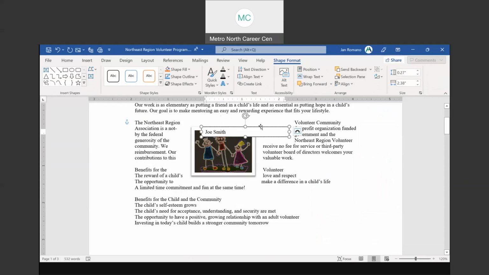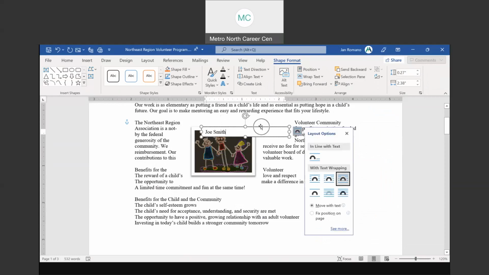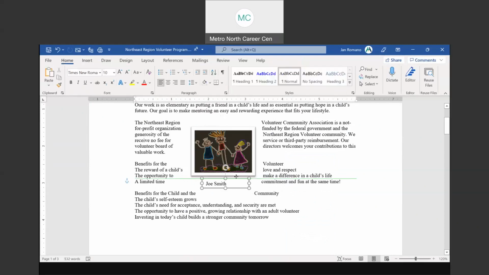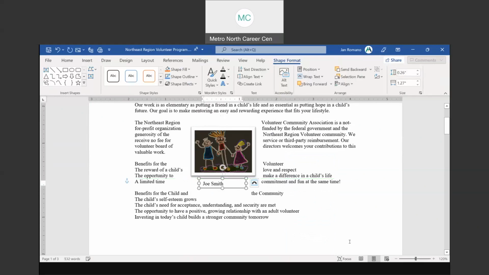And now I'm going to go to the border of the text box and drag it. Maybe I'll go to the corner handle and size it and move it. And so now it'll look like this with a border. And I'm thinking to myself, I don't think I like that border. I think I would like to have no border. I think I'd like to have just that Joe Smith, and he's the artist in